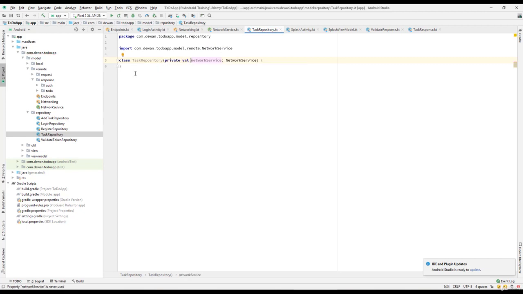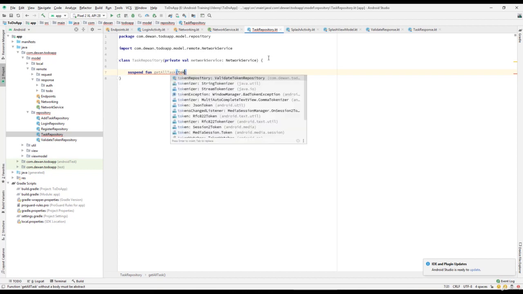a network service. And inside this, let's create a function, it should be a suspend function, because we have a suspend function, and that should be get all tasks, right? So it should be get all tasks, and what we have to pass over here is a token.